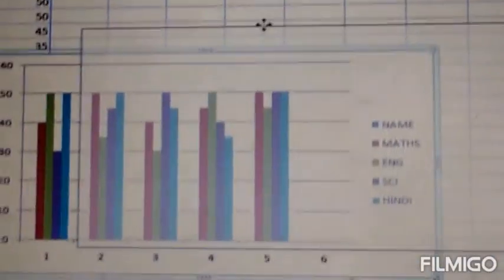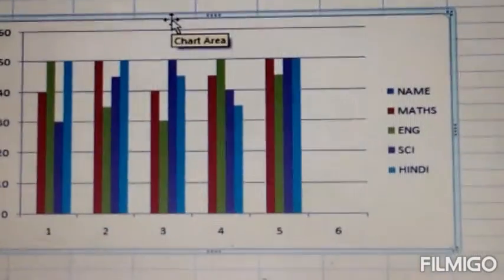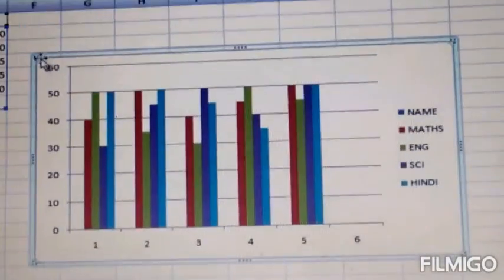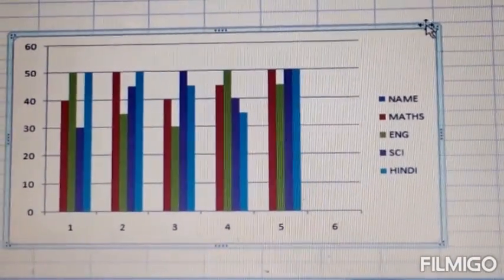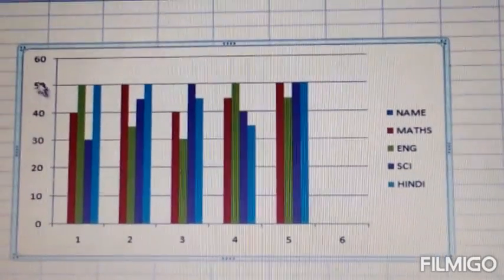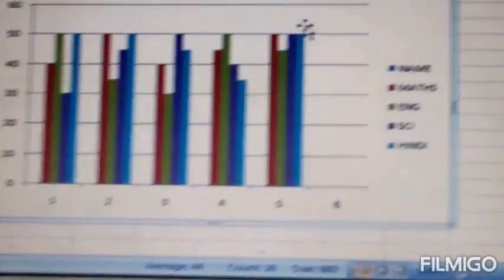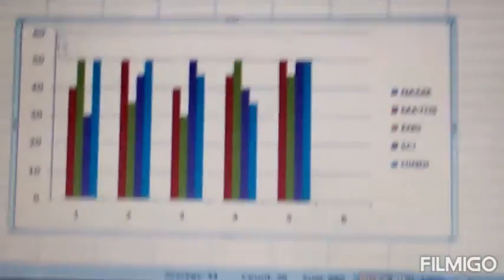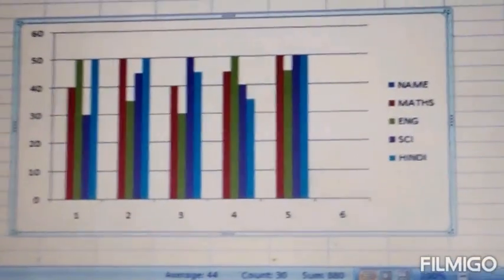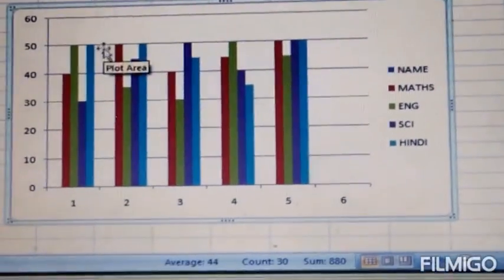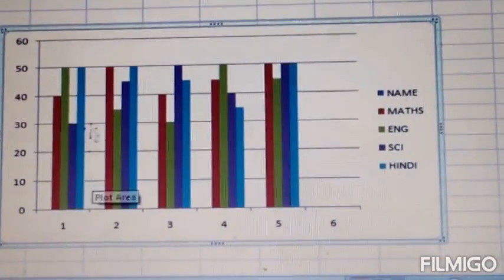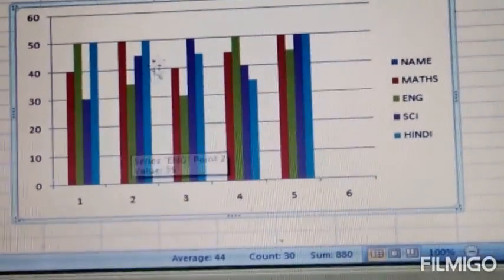This is the chart. Now we will discuss the components of a chart. This complete area is known as the chart area, and this area where the actual chart is located is known as the plot area. These lines you can see are known as grid lines.